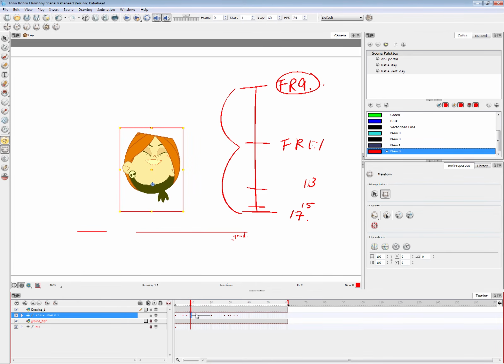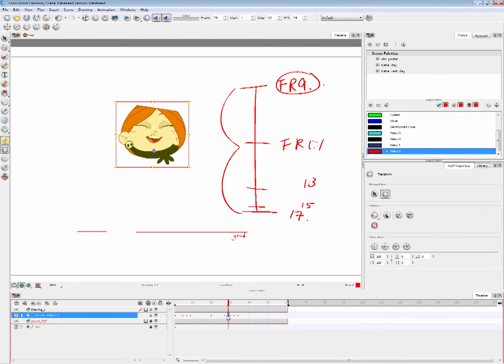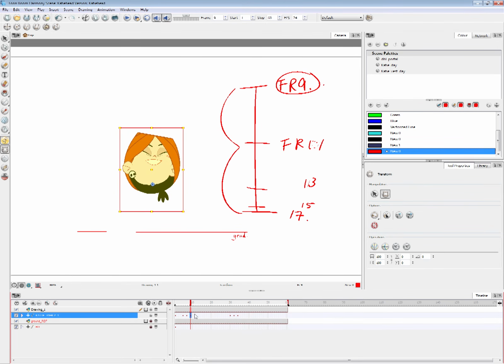So by stretching out this timeline here, I'll have more subtle keyframe choices. So once I've selected, let's go and do it again. So this is what we have.